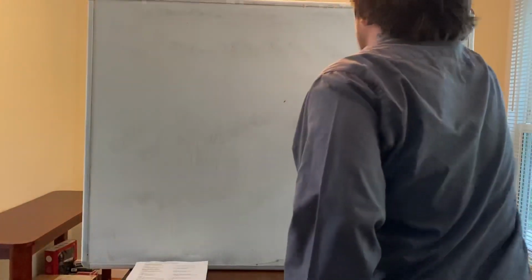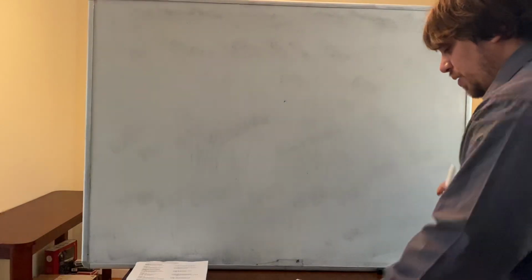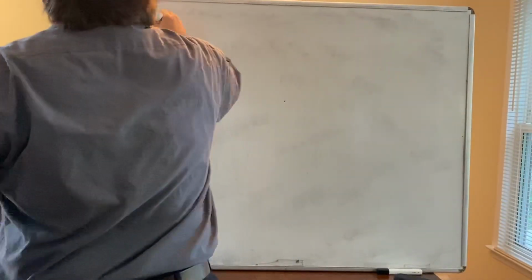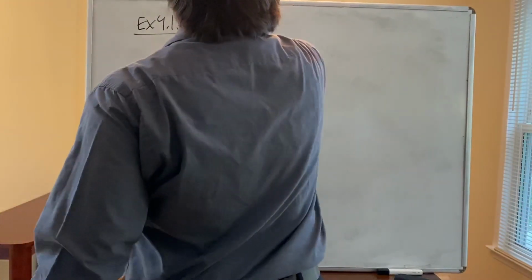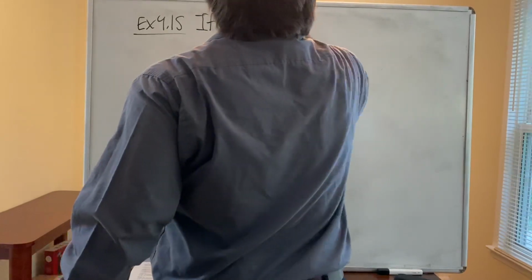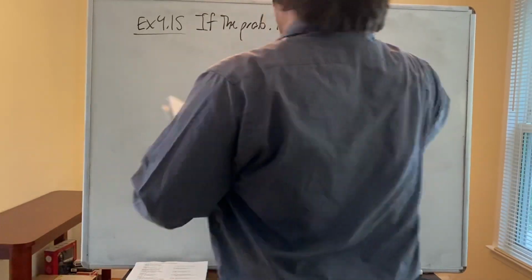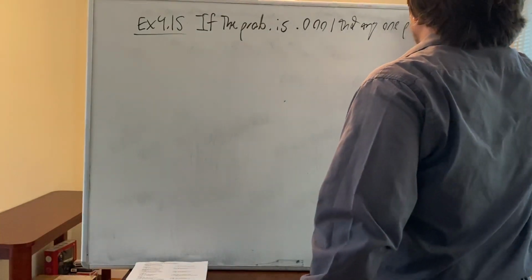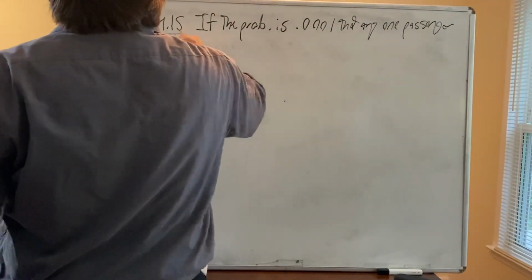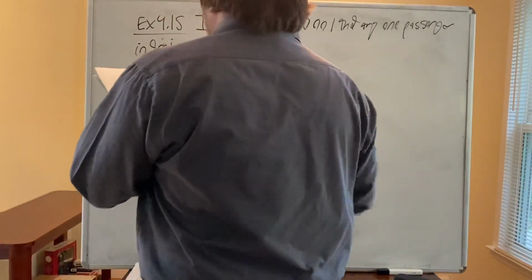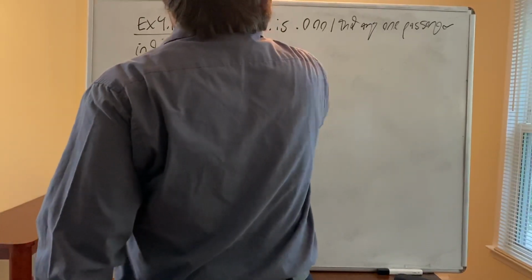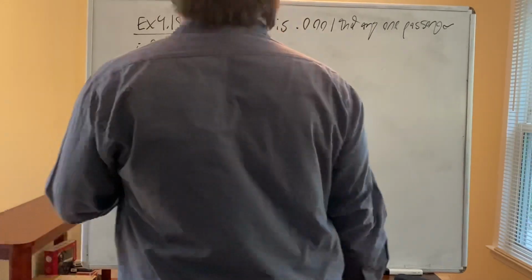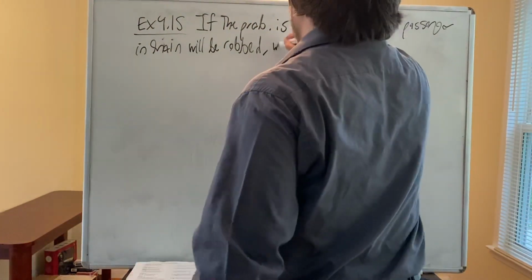Okay, so that's a summary so far of this topic. So let's look at example 4.15. Okay, so if the probability is 0.0001 that any one passenger in a subway train is robbed, what is the probability